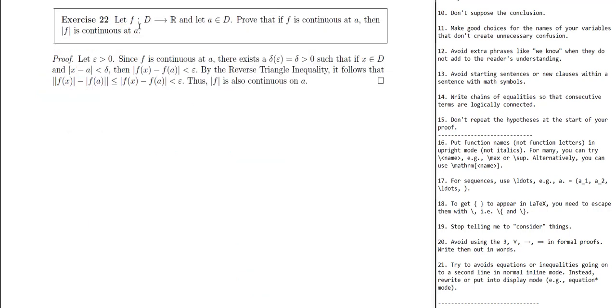So let's see. f is a function from D to R, a is in D. Prove that if f is continuous at a, then the absolute value of f is continuous at a. So keeping this thread of a function versus its absolute value function. Let epsilon be greater than 0. Since f is continuous at a, there exists, okay, you don't need the article, you can just say there exists delta of epsilon equal to,